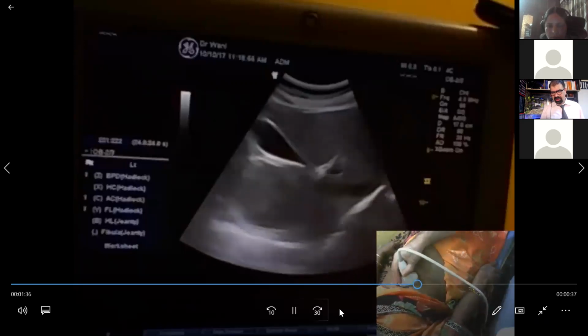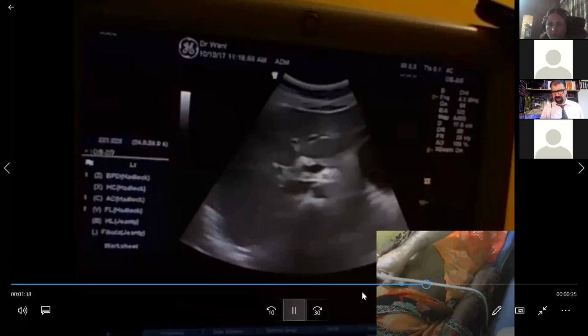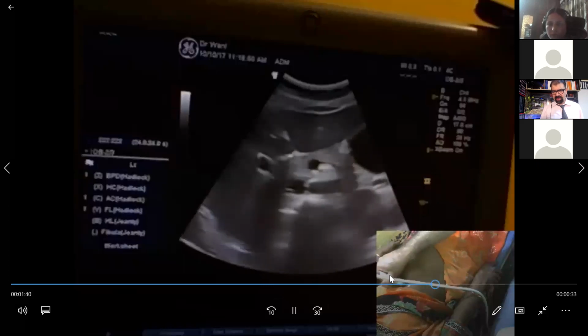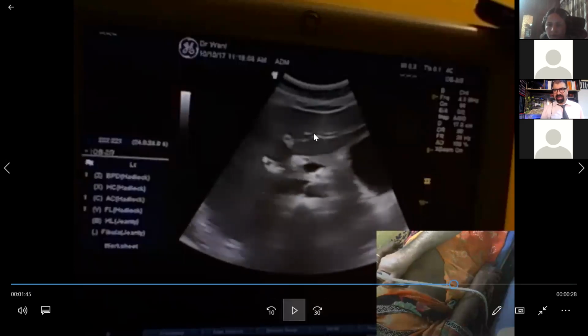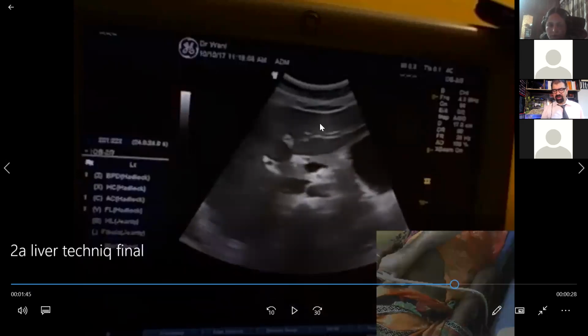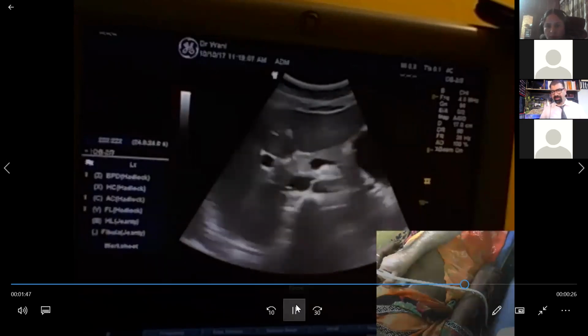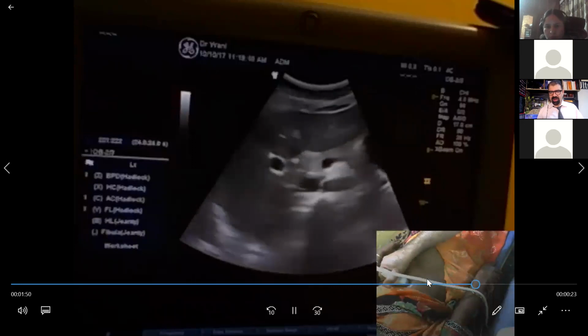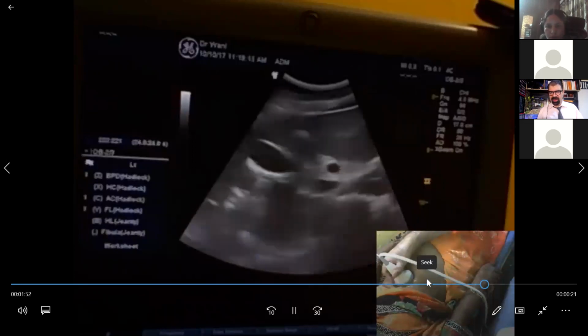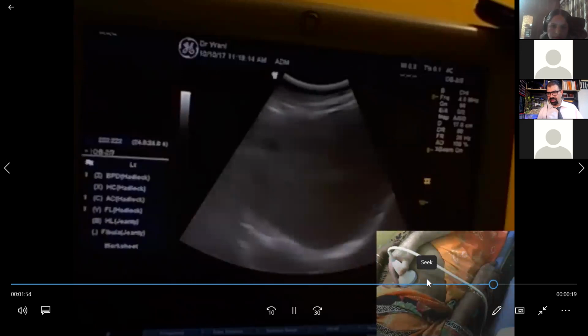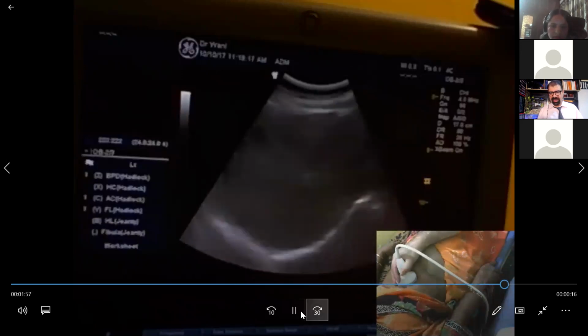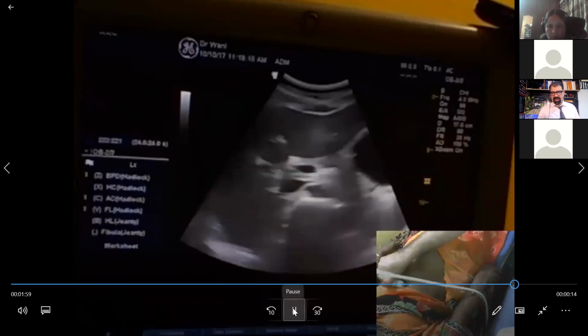That was in transverse section. To go to the longitudinal section, I am now scanning from the pancreas. What I am seeing in this area, is this the right or the left lobe? Dr. Harvinder: Left lobe. This is part of the left lobe. This is not for the experienced. This is for beginners who have just started their career or have switched from fetal to abdominal scanning. This is how we scan the liver.